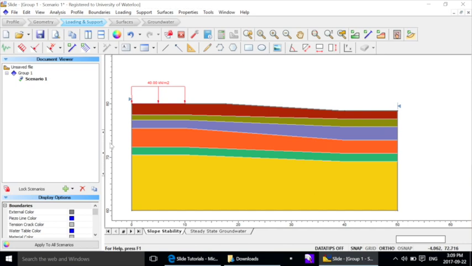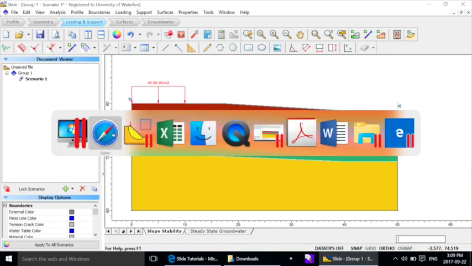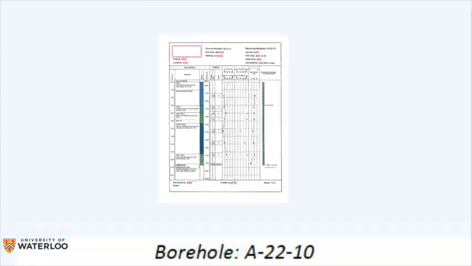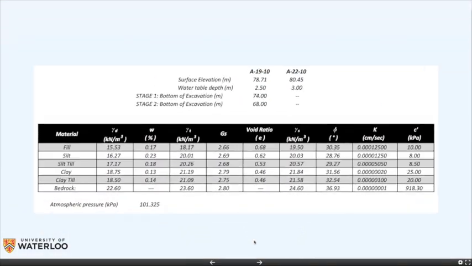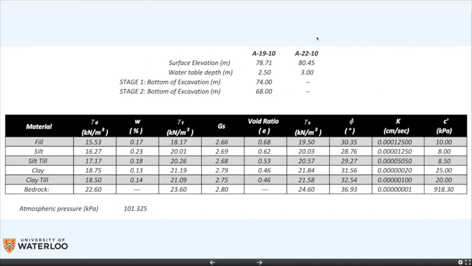Because we are going to use finite element analysis to simulate the groundwater flow, we need to define a new boundary, which is where the water table is, or where the water table was when the boreholes were drilled in the field. So for this project, here in the table of the properties, you can see that for each borehole we have the elevation,